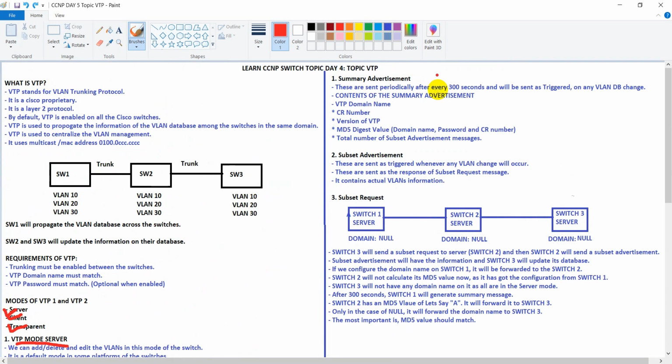So coming on to summary advertisement. These are sent periodically every 300 seconds, and they are sent as triggered on any VLAN database change. So if any VLAN database change occurs, it will be sent as triggered, or it will be sent after every 300 seconds. We won't wait for 300 seconds to get this information here in our topology. We'll be creating a VLAN on a switch, and we'll see that the information is propagated across the switches. The contents of the summary advertisement are the VTP domain name,